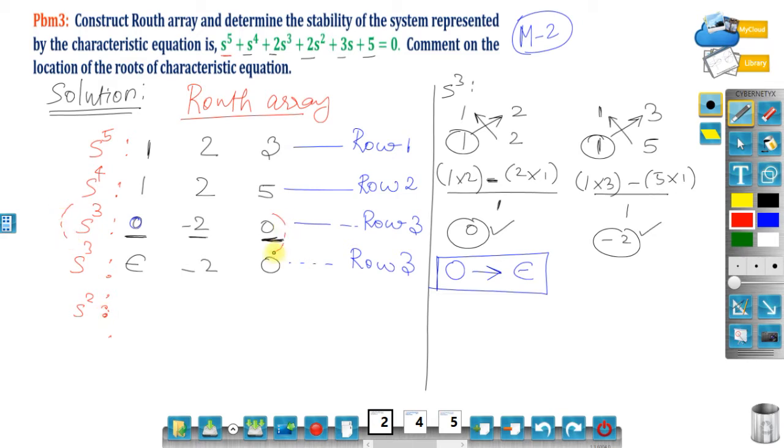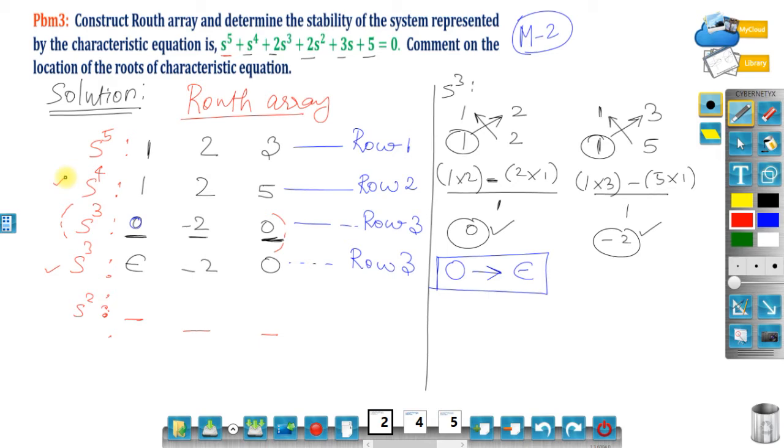We are just replacing 0 by eta and we are going to proceed with the next step. Okay, so next step, s power 2 we need, s power 0 we need, s power minus 2. Okay, three individual columns I am planning. So s power 2, for calculating s power 2